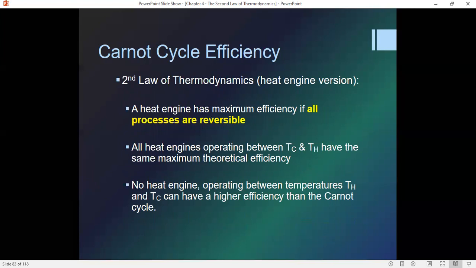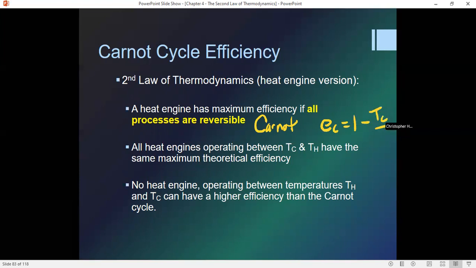Again, second law of thermodynamics, as we stated before, a heat engine has maximum efficiency if all processes are reversible. That's what Carnot was working on: 2 reversible adiabatic processes and 2 reversible isothermal processes. All heat engines operating between a cold reservoir at temperature Tc and a hot reservoir Th have the same maximum theoretical efficiency because Carnot told us